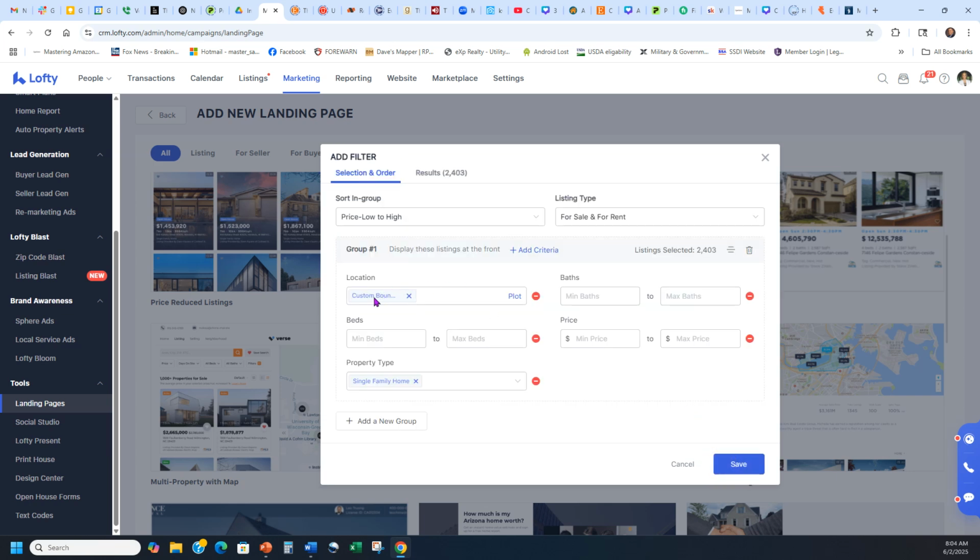And then right here, you see it says custom boundary. Now, most people want a 3-bedroom, 2-bath. So I'm putting in 3-bedroom, 2-bath. But you see, I already have 2,340 homes, which is a lot of homes. So I could put in a price point, or at the top here where it says add criteria, if I